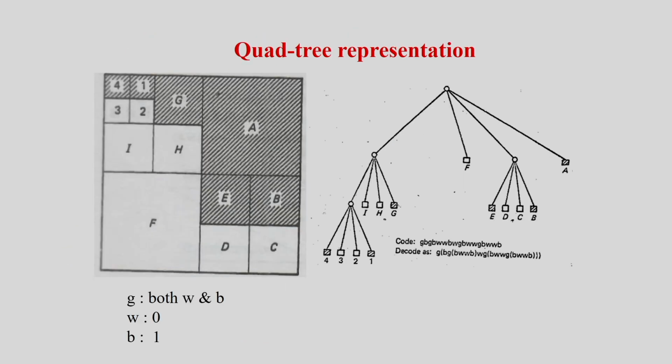Next I am considering the quad tree. By using the quad tree also I can represent a particular region. This concept I have already discussed in my class on image segmentation, and the concept is the split and merge technique. In this case, if the image is not homogeneous, if the region is not homogeneous, I have to divide it into 4 regions. So here you can see the region is not homogeneous, so that is why I am dividing it into 4 regions like this. And this is my root node.